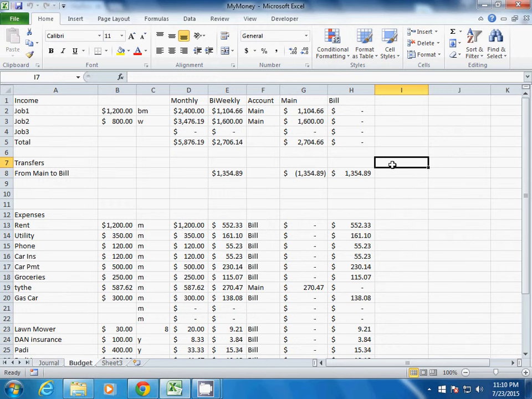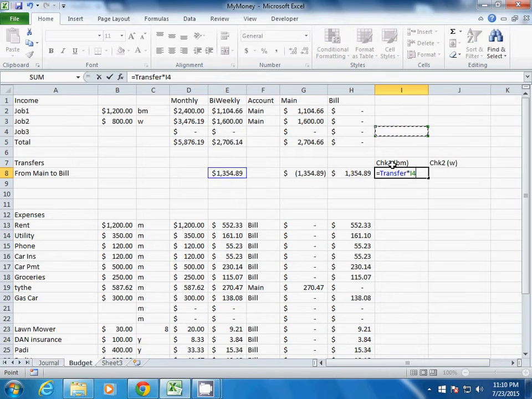We're going to create two columns here. This is going to be the bi-monthly. This is the weekly one, right? So the first thing we need to do is figure out, well, we're going to take this transfer amount and then we're going to multiply by the check one bi-weekly amount. And we're going to divide it